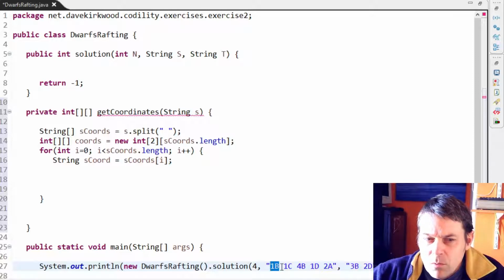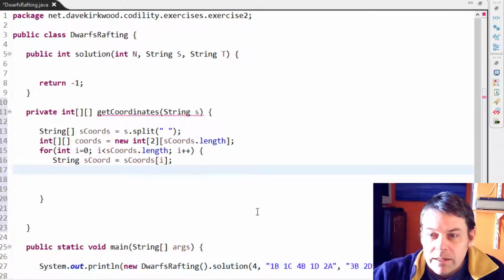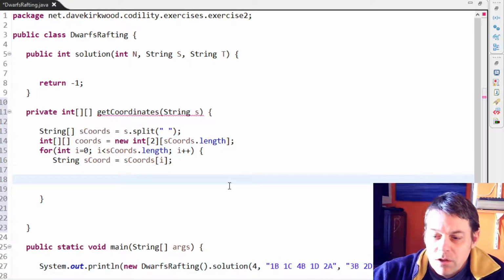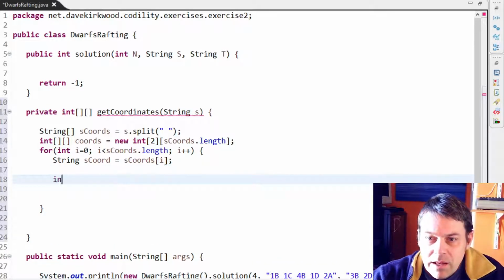So I have 1B in this example, but I could have 26B. So I need to get the number, which goes from the substring of 0 to 1 before the end. So int x equals